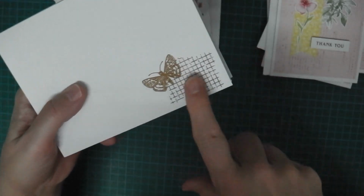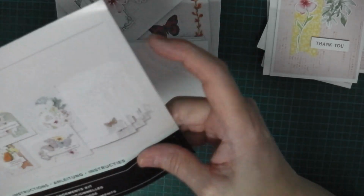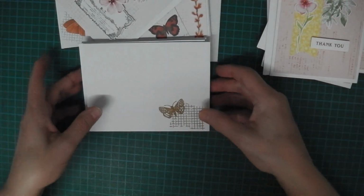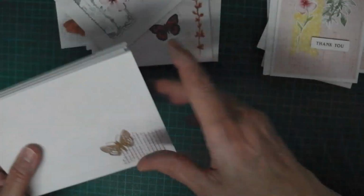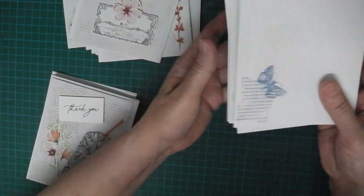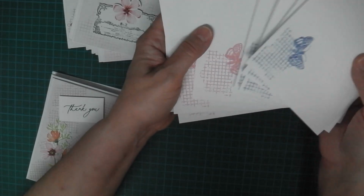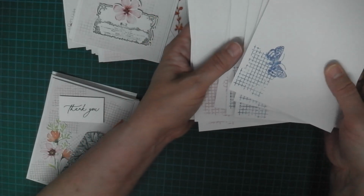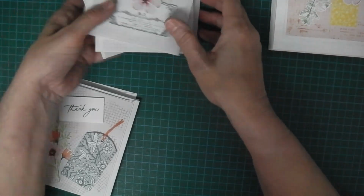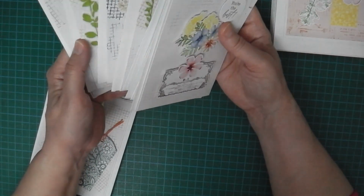And the envelopes, I've done what they suggest in the instructions, although slightly differently. In the instructions, they suggest that you stamp the back of the envelope with a little hatch and the butterfly. I didn't fancy the idea of stamping the back of the envelope, so I stamped the front of the envelopes. But I don't know if I've actually got round to doing it on... Oh yes, I have. And then I've got round to doing it on all the other ones, which are on regular card, C6 card bases. So I've done them using Azure Afternoon and Pretty in Pink. I think I also used, for some of the backgrounds, or one of the backgrounds anyway, I used...